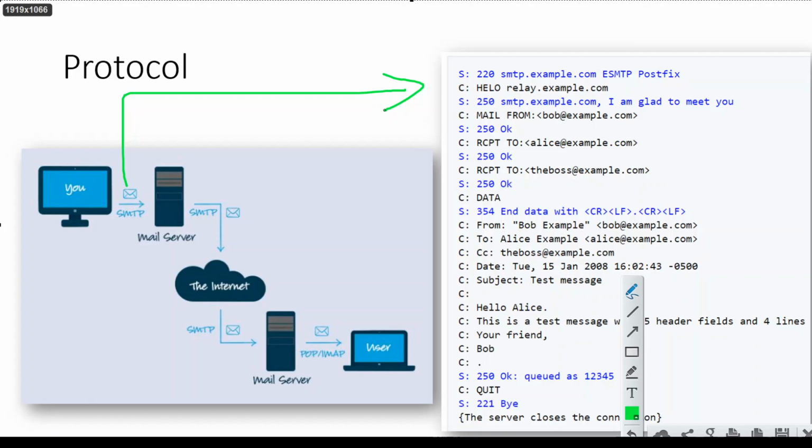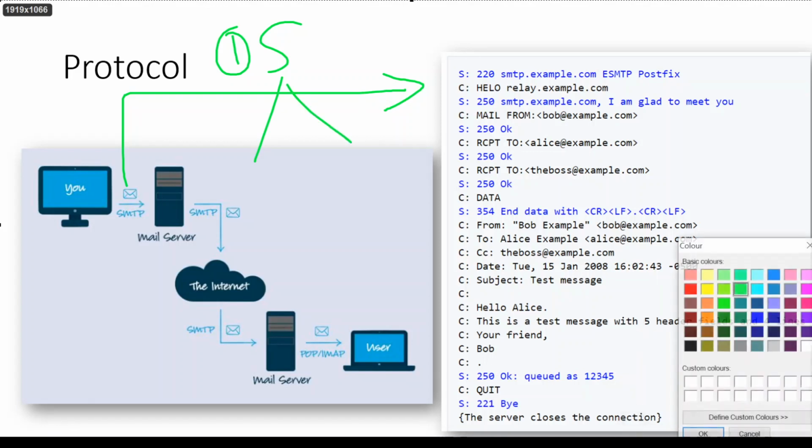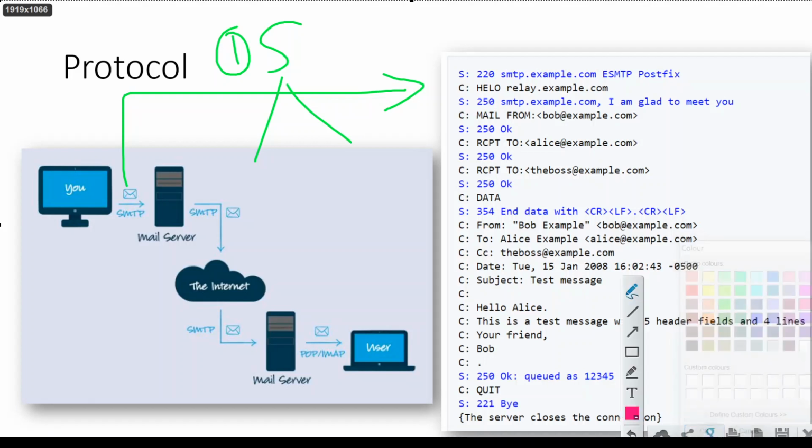So here there is one sender, S, and there are two receivers. This is taken from Wikipedia, you can read that.